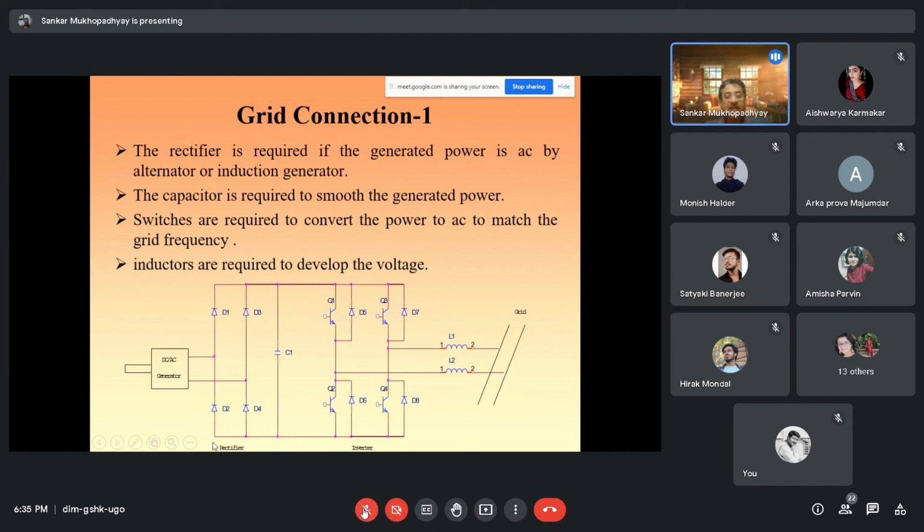এইটা হচ্ছে রেকটিফায়ার সিস্টেম। ডিসি বা এসি যাই জেনারেট করি না কেন, গ্রিডে আমাকে এটাকে লাগাতে গেলে গ্রিডের ফ্রিকোয়েন্সির সাথে আমাকে ম্যাচ করাতে হবে। সো গ্রিডের ফ্রিকোয়েন্সির সাথে ম্যাচ করাতে গেলে প্রথমে এটাকে আমি ডিসিতে কনভার্ট করে দেবো। ডিসিতে কনভার্ট করার পরে একে আমি আবার কন্ট্রোল ফায়ারিং করে এসিতে নিয়ে আসবো। এসিতে নিয়ে আসার পরে যে ফ্রিকোয়েন্সিতে গ্রিড রয়েছে সেম ভোল্টেজ সেম ফ্রিকোয়েন্সিতে নিয়ে এসে অন করে দিলে দেন আই ক্যান গেট ইট কানেক্টেড টু দ্য গ্রিড।